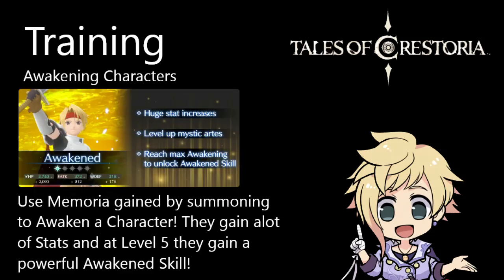So we looked at ascending characters, but we can also awaken them. Awakening with characters is usually done through just adding a certain Memoria Stone. Let's say we have Crest on the picture here. We pull a Crest and we also get a Memoria Stone with him. So if you pull another Crest, we can just feed both of those Memoria Stones into him and we get